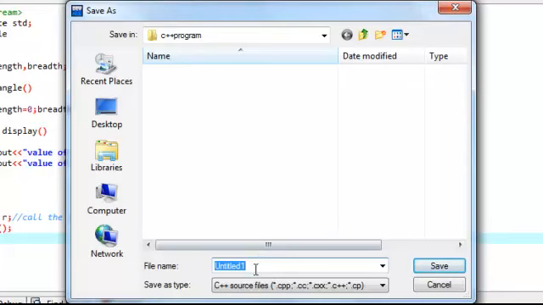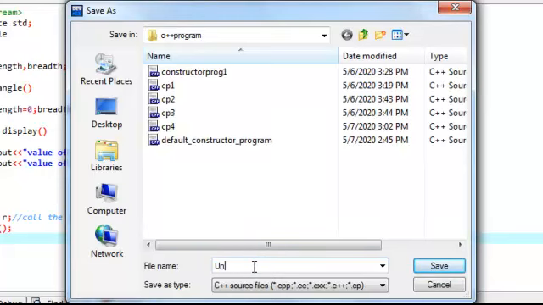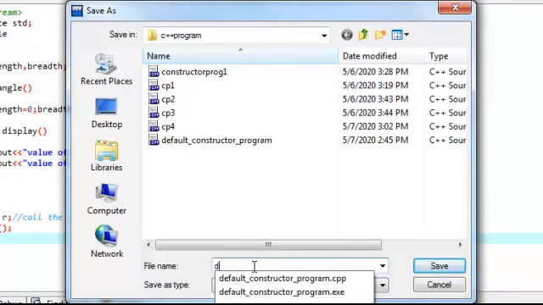So first give the name of the program. Okay, default constructor program 1.